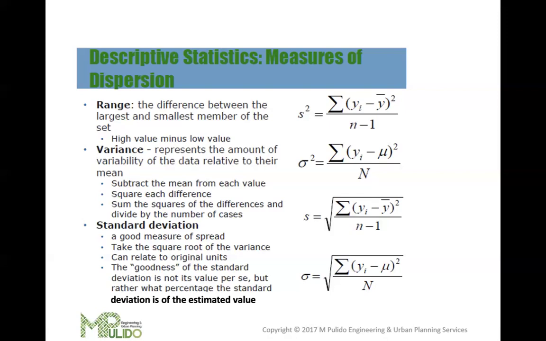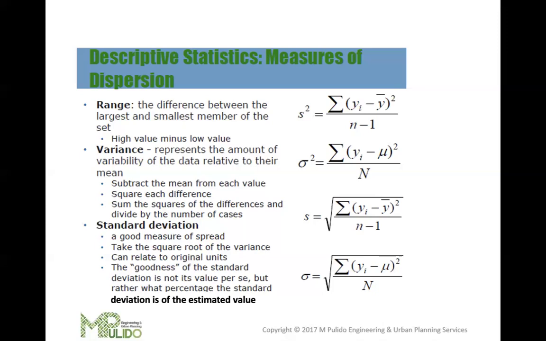So let's try to review again. I know you've encountered this many times. The range is the simplest measure of dispersion, calculated as the difference between the highest and lowest values in a data set. So what's the formula? Simple, right? Range equals maximum value minus minimum value. The range provides a quick sense of the spread, but it is sensitive to outliers. It does not give information about the distribution of values between the extremes.